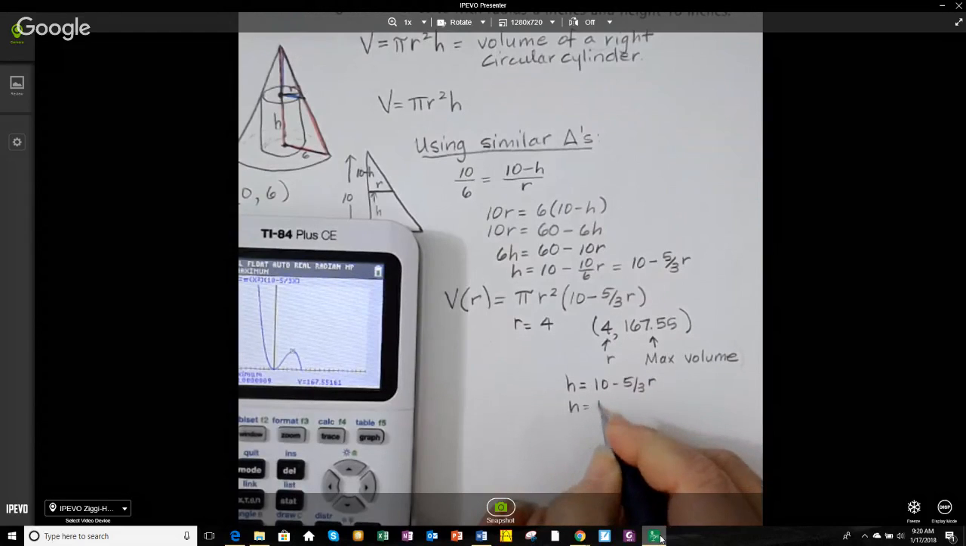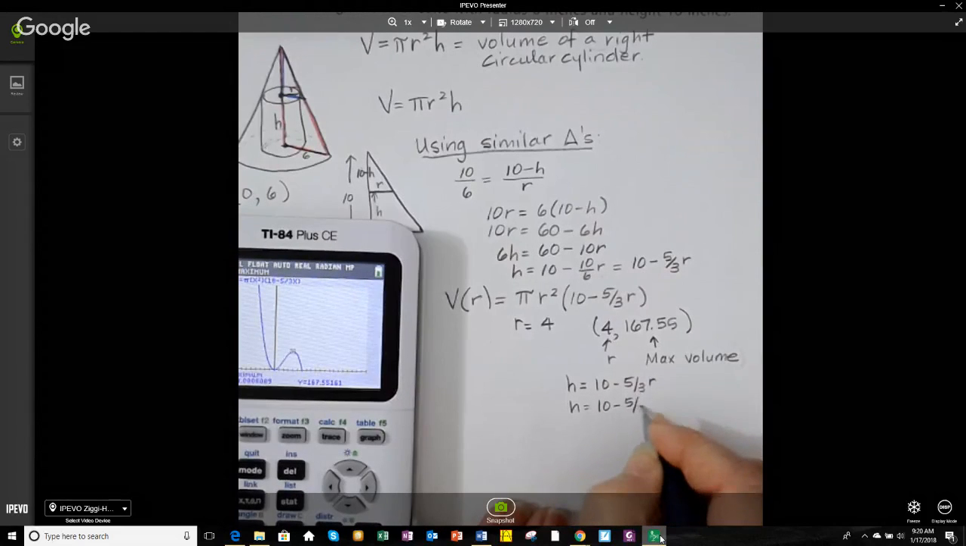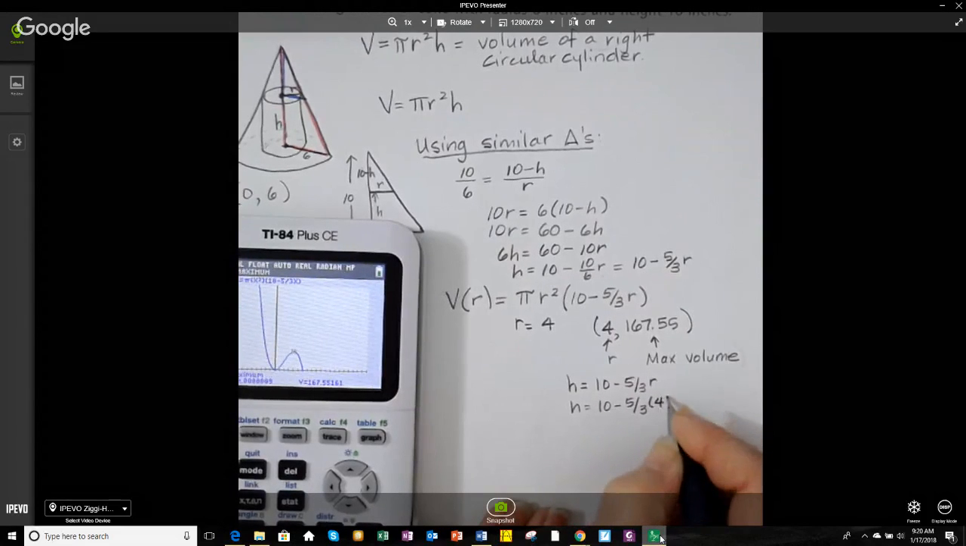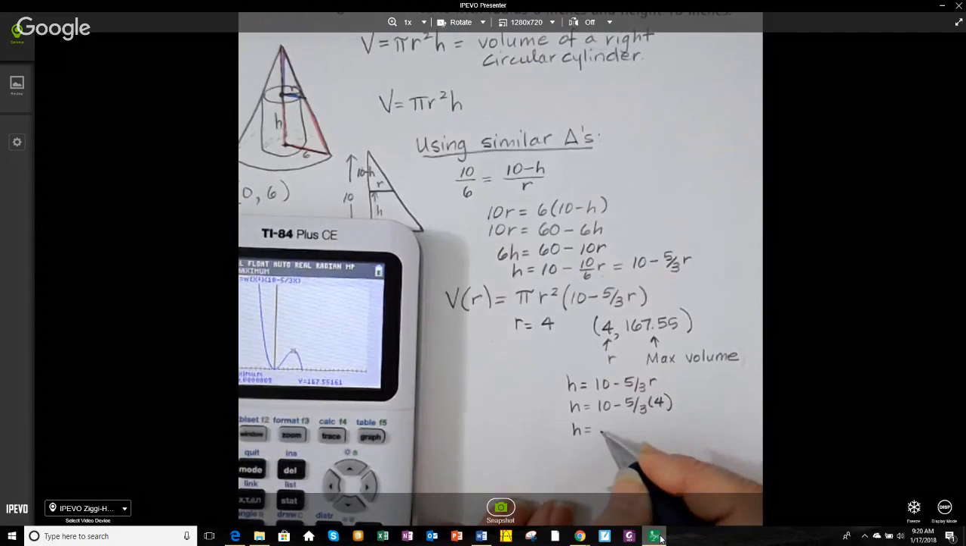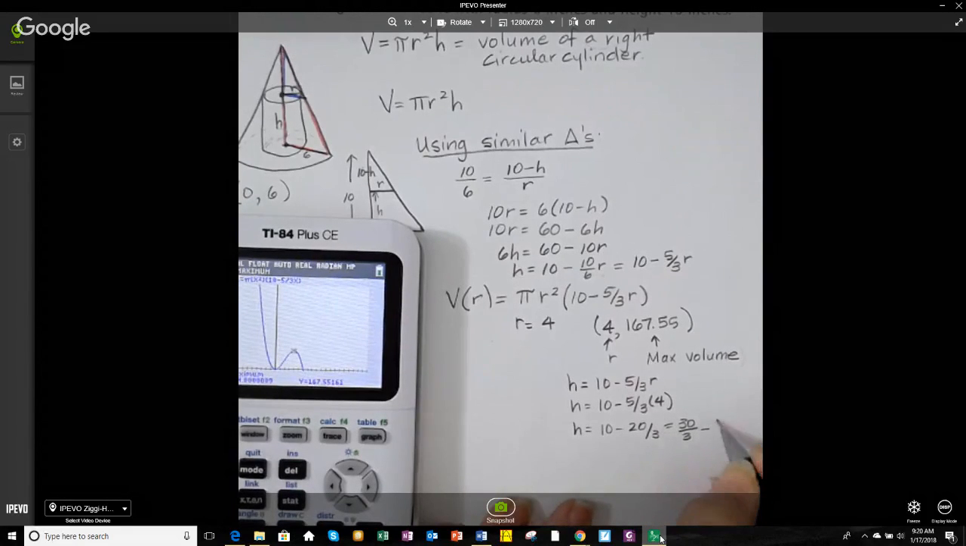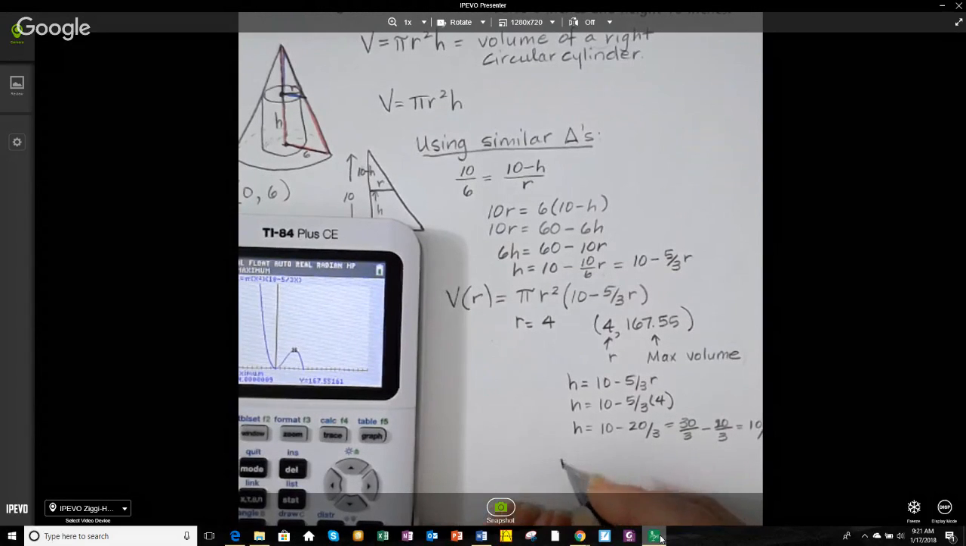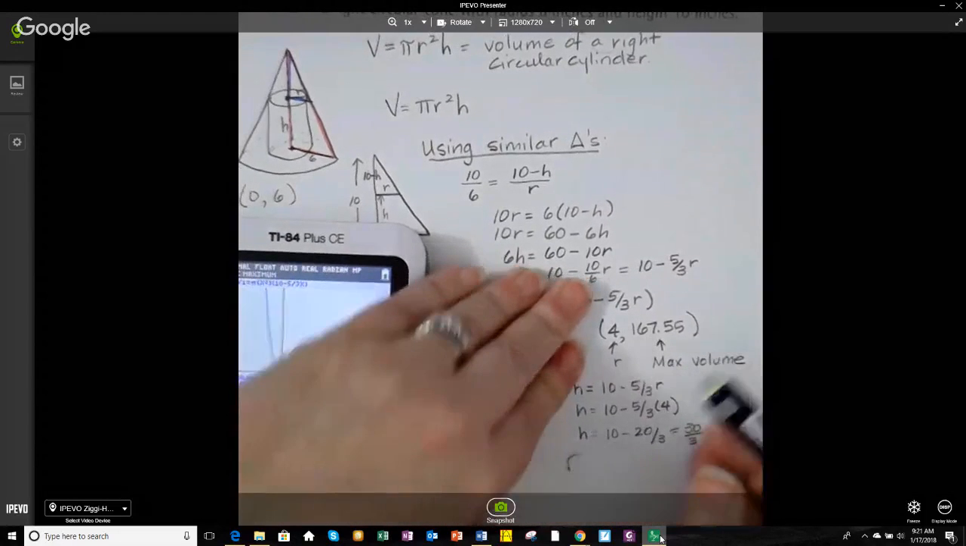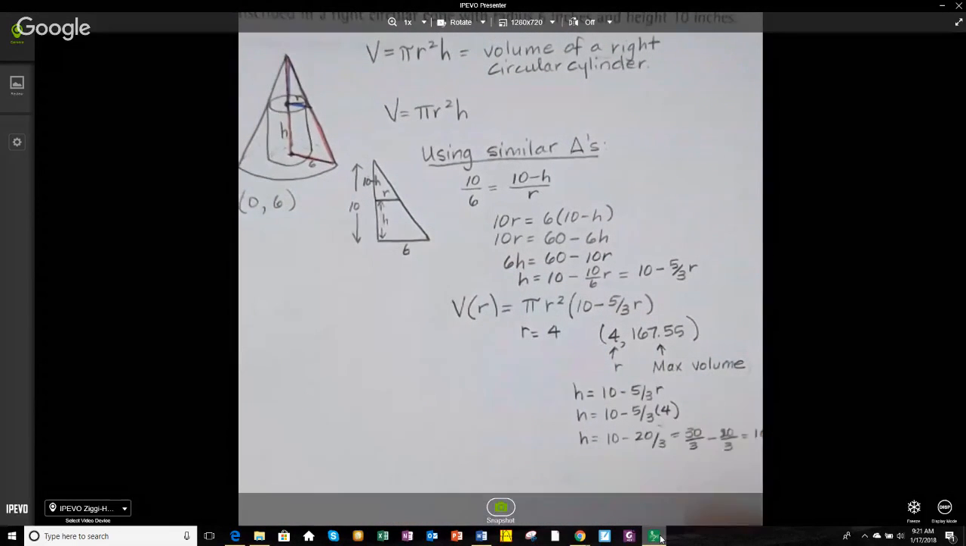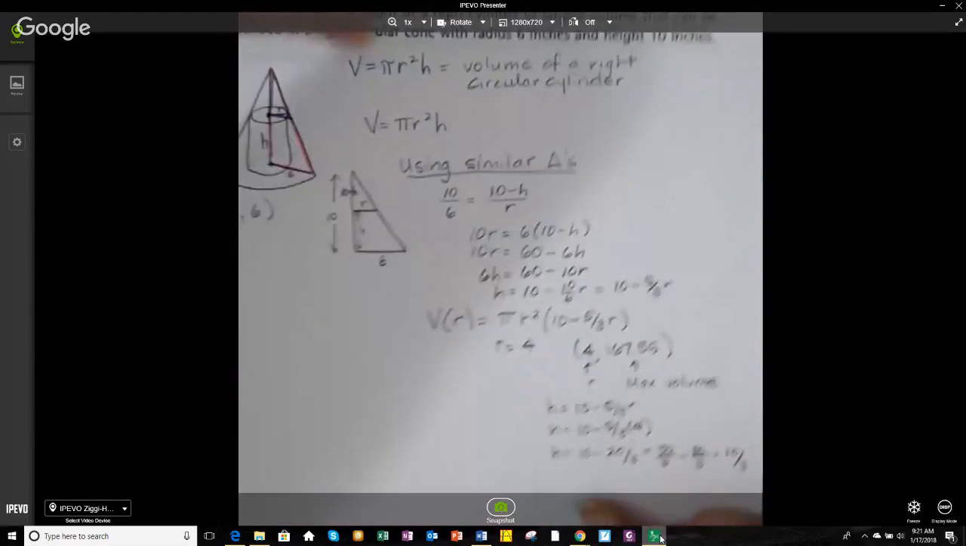So H equals 10 minus 5/3 times 4. All right, so H is going to equal 10 minus 20/3, which is going to be 30/3 minus 20/3, sorry, which is 10/3. So if R is going to equal 4 and H is going to equal 10/3, I can write my solution